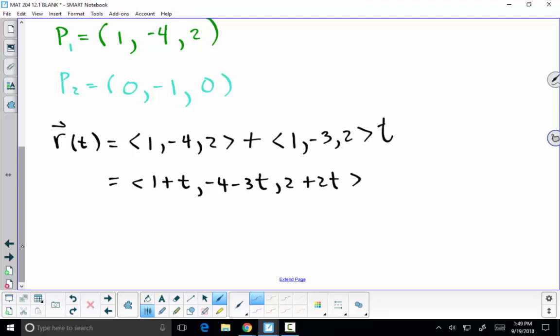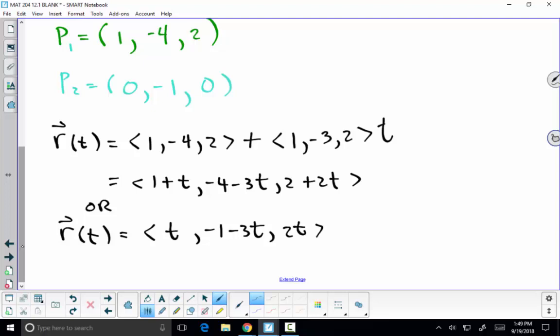All right. So that definitely works. Or we could do it the other way with the other point. We kind of see what the pattern is going to be. The only difference is that we're going to have t, then minus 1 minus 3t, and then 2t for the last one. Either of those